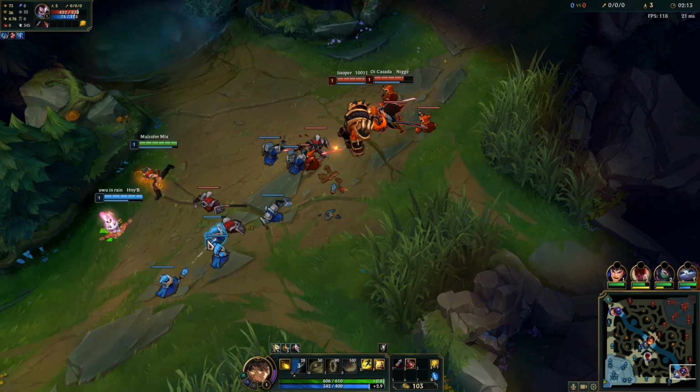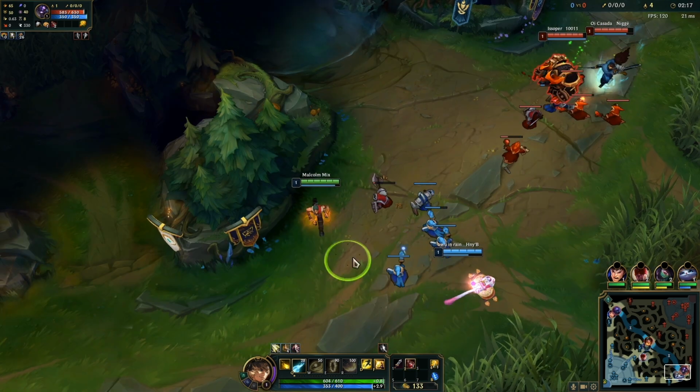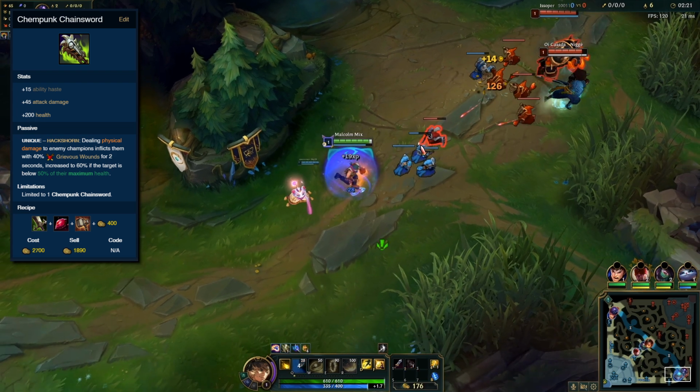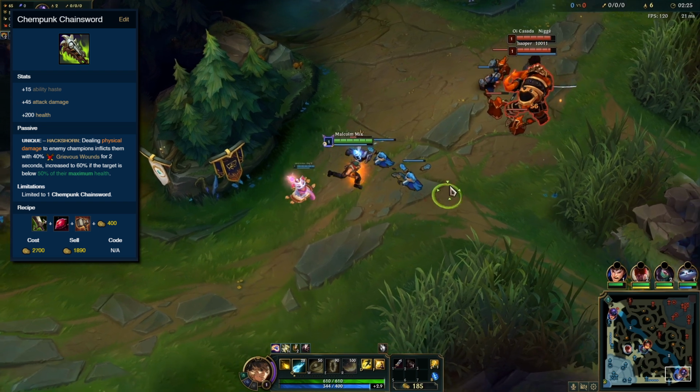Oh shit, that's so cringe, man. Alright, it depends if the enemy has a lot of healing or not. If you need Executioner, then obviously Chainsword is your go-to. It provides decent stats, not the best, but it's a very cheap item, and as I said, this item also